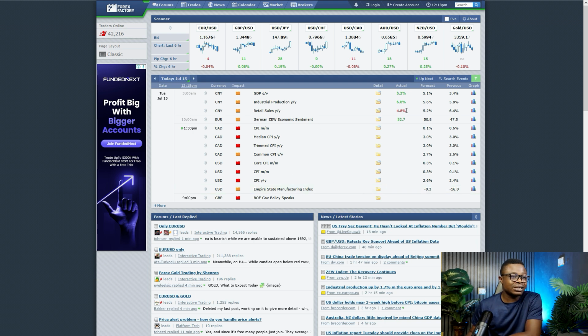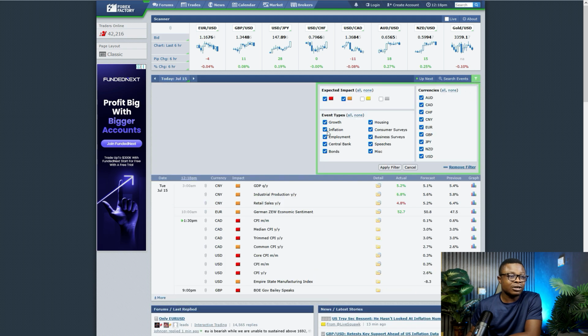And how do you use this? I just went to the filter option. Normally you will see the dark brown envelope, the light brown or yellow envelope, the gray envelope, and all of that. But I want to pay attention to the high impact news, which is the red envelope, and then I equally add this other brown one.